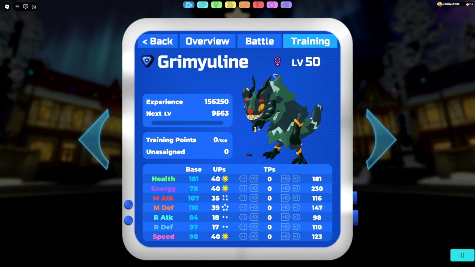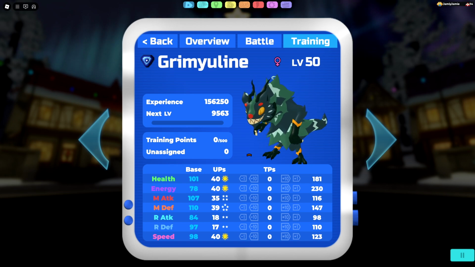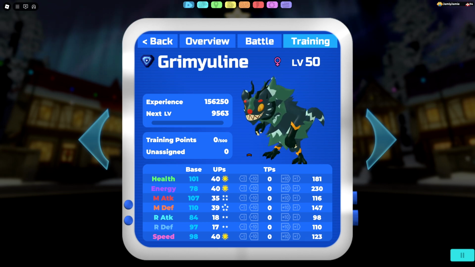We don't have that many resistances. We have a couple of weaknesses, but not that many, so we're mostly looking at taking hits neutrally, which isn't the greatest overall. And then the worst thing for GRIMYULINE in terms of its stats, which is definitely going to